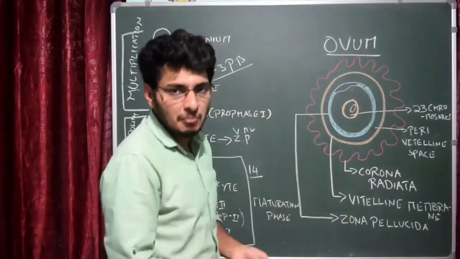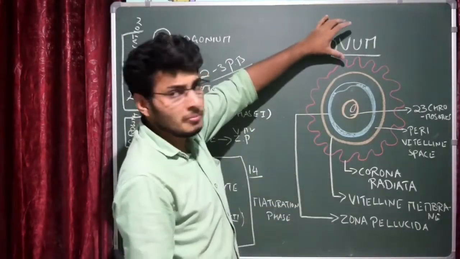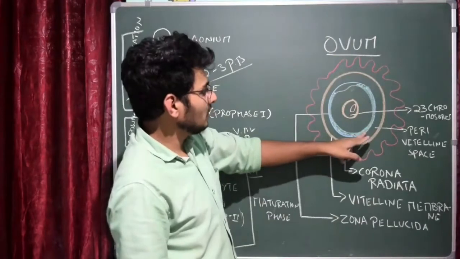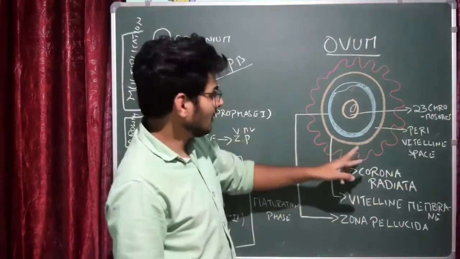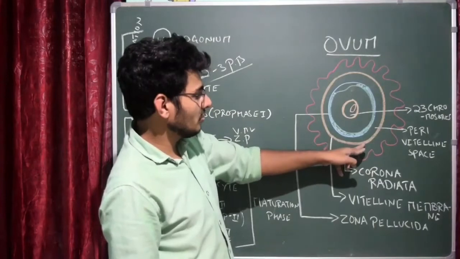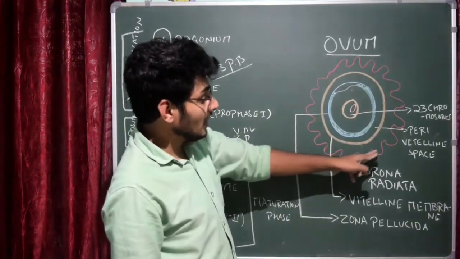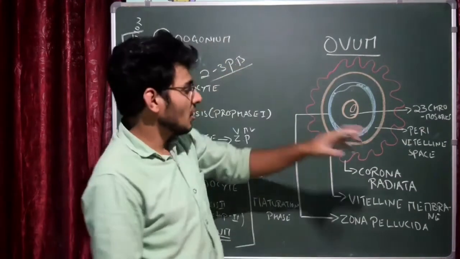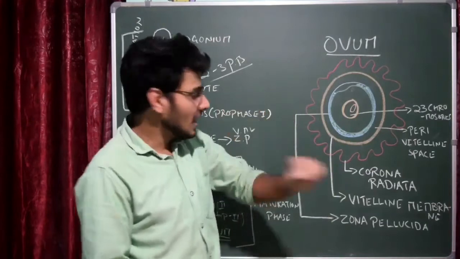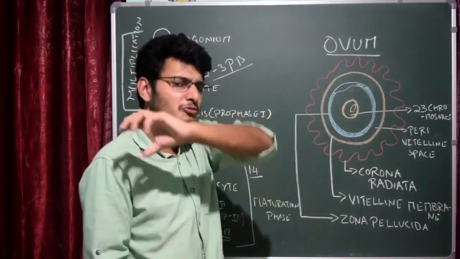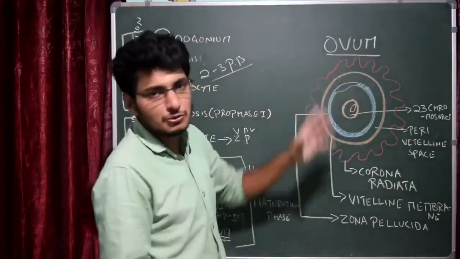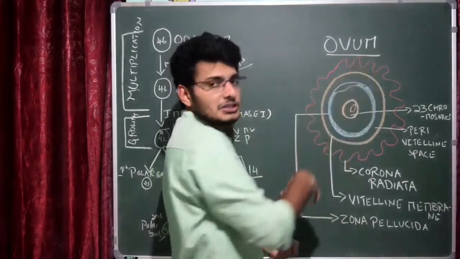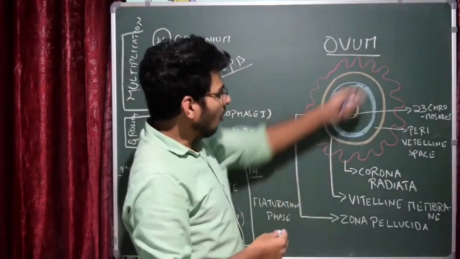This is the diagram of the complete ovum. Let us imagine this is the ovum. Still it is waiting for the sperm to enter. It has 3 layers. I already told you that near the plasma membrane, the vitelline membrane is there, and then the zona pellucida. This is the zona pellucida, and another layer I have used red color for. I have used the same red color for the follicular layering. Some granulosa cells come along with the secondary oocyte during the ovulation process, and they form the third layer. It is required for protection. Got it?